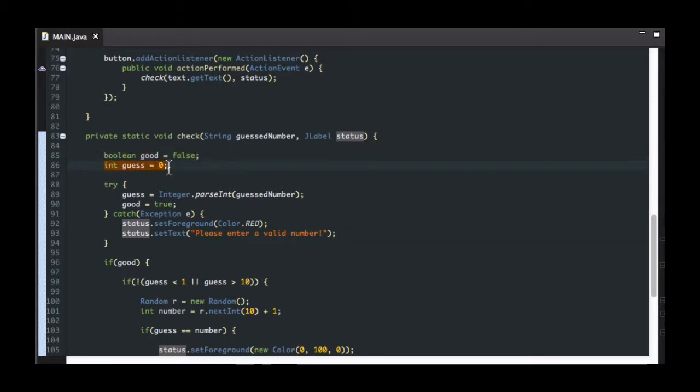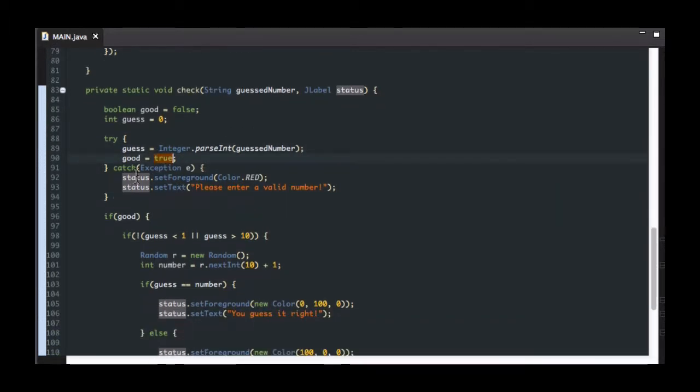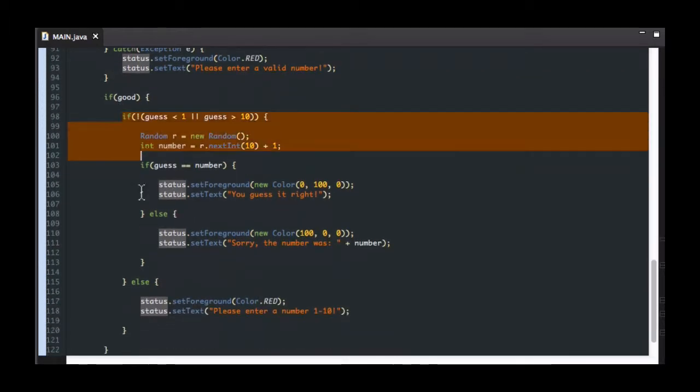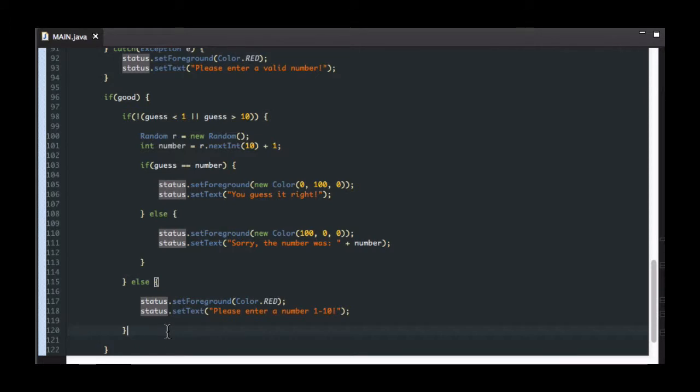And so your guess initially starts off as 0, and then it tries to turn your guess into a number. And if it succeeds, good becomes true. If not, it says please enter a valid number, and good remains false. Therefore, none of the rest of this code gets activated. What this code says is if the guess is not less than 1, and the guess is not greater than 10, you'll continue. If not, it means your guess was lower than 1 or greater than 10, which is not valid because we said 1 through 10. Now in here we create a new object of Random, and then we use that to